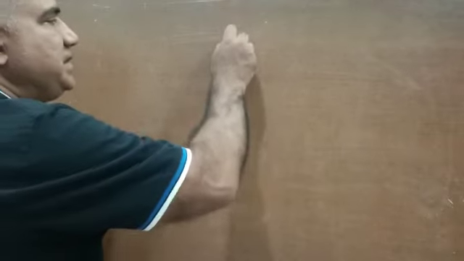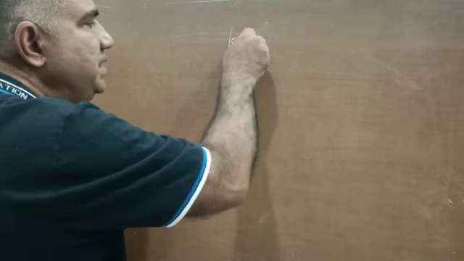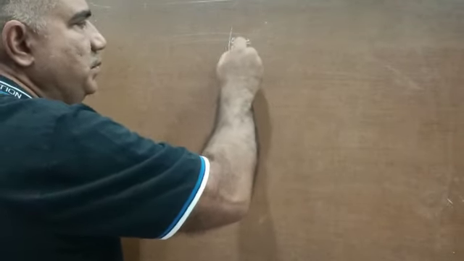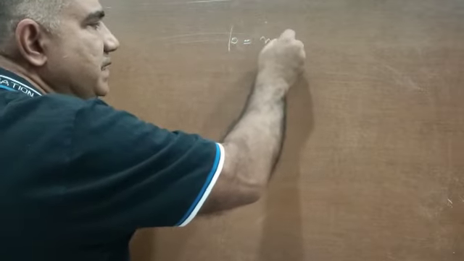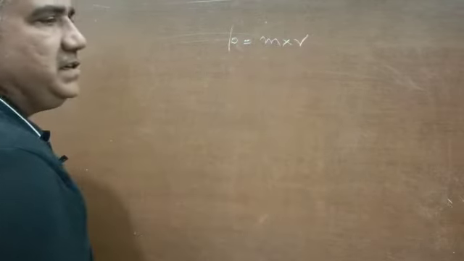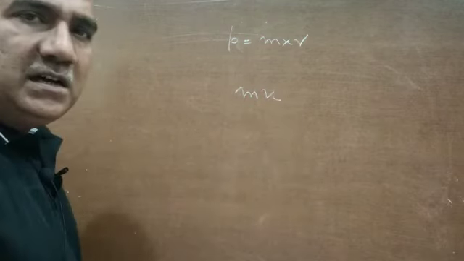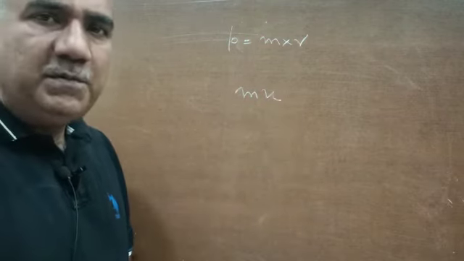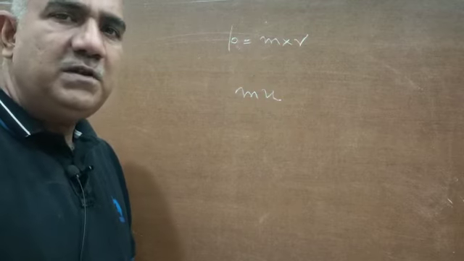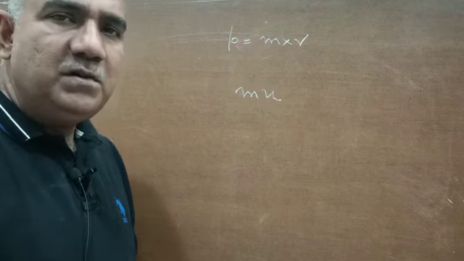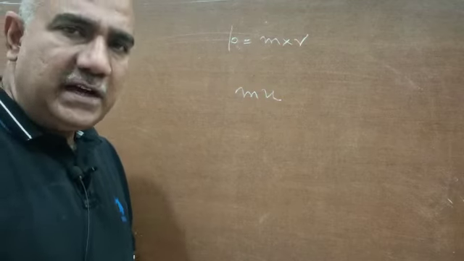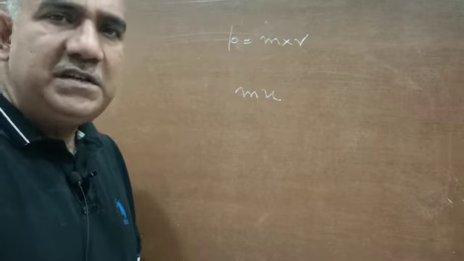Having studied what momentum is in the previous class, we know that momentum is denoted by P and it is nothing but the product of mass and velocity. So if I write M and U, we are studying this second law with the help of a body which initially was moving with the velocity U and finally the velocity becomes V, and the time taken during this change of velocity is T.